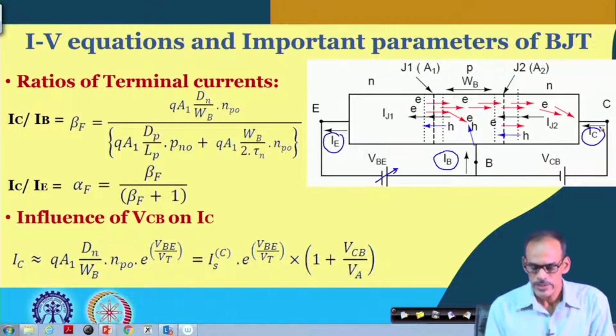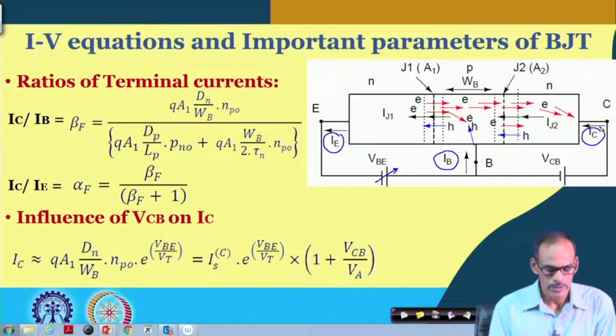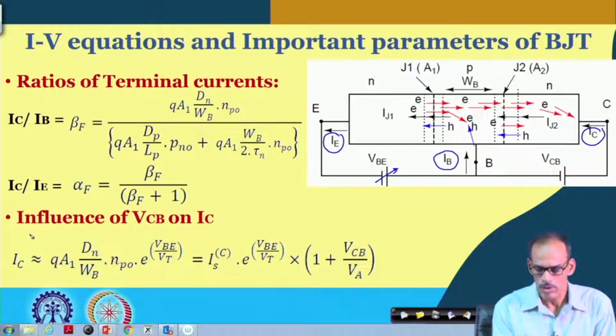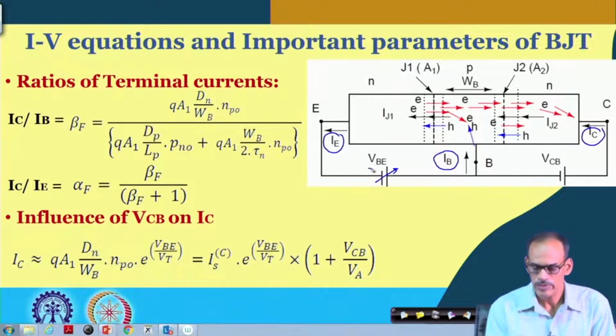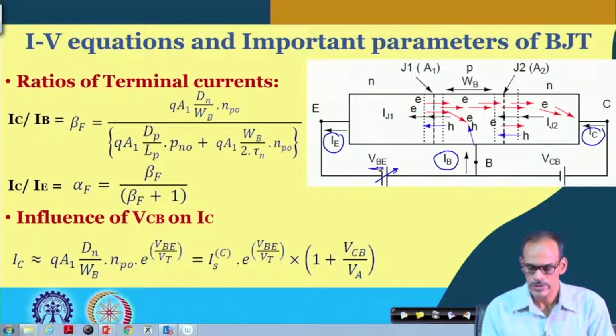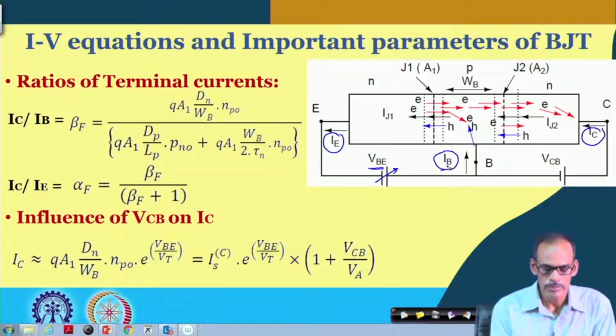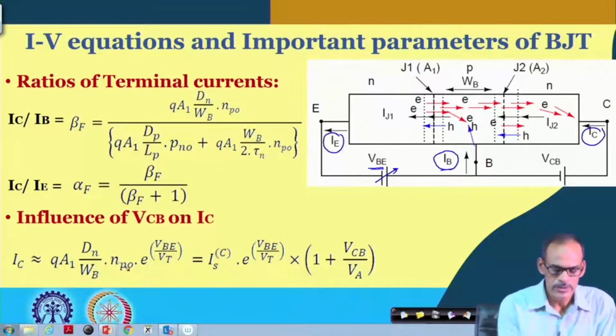Their dependencies are represented primarily by these two equations. In fact, all three currents are exponential functions of the base to emitter junction voltage. So if we take the ratio of the collector current divided by the base current, the exponential part gets cancelled out, and whatever constant or remaining parts we have,